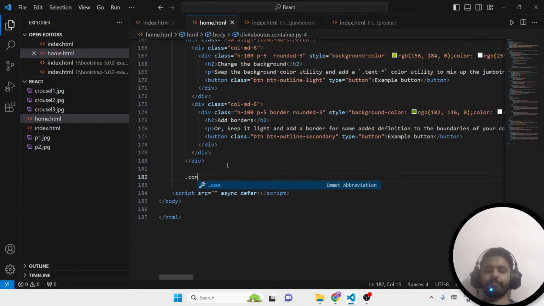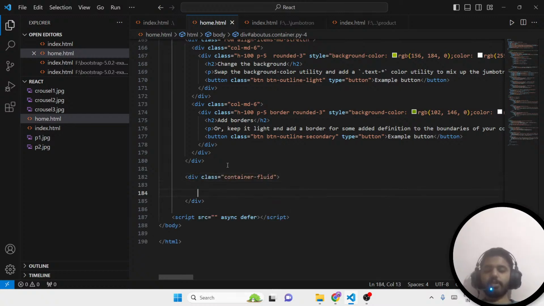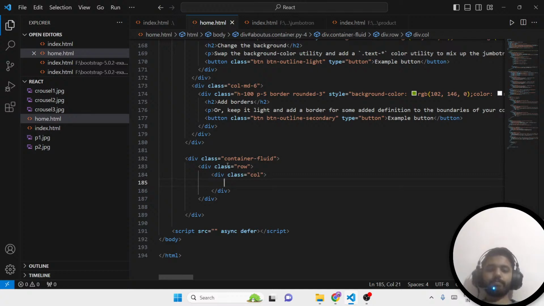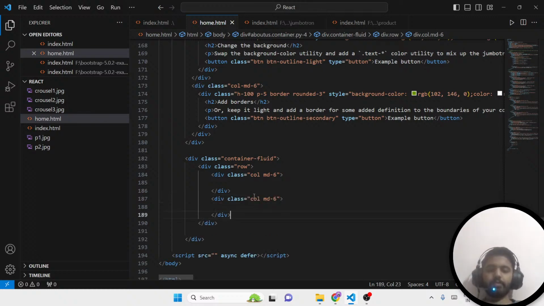Let's say container fluid will create one row. Okay, we'll create one column. We'll say MD6. We'll create two of them. Correct. Inside here, let's say we want to provide some image with, let's say, class